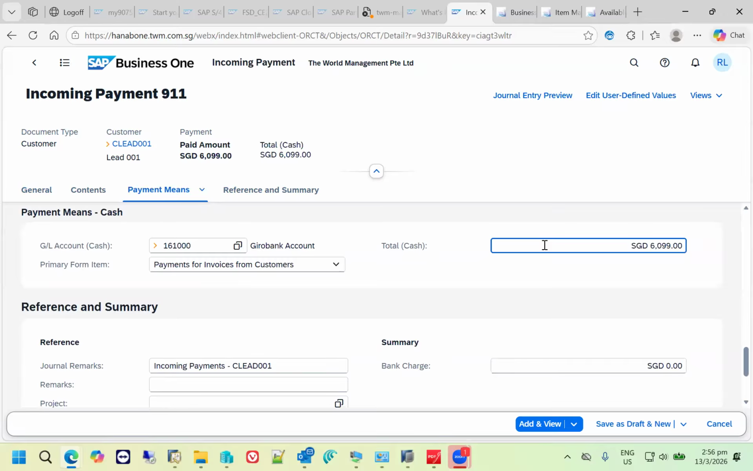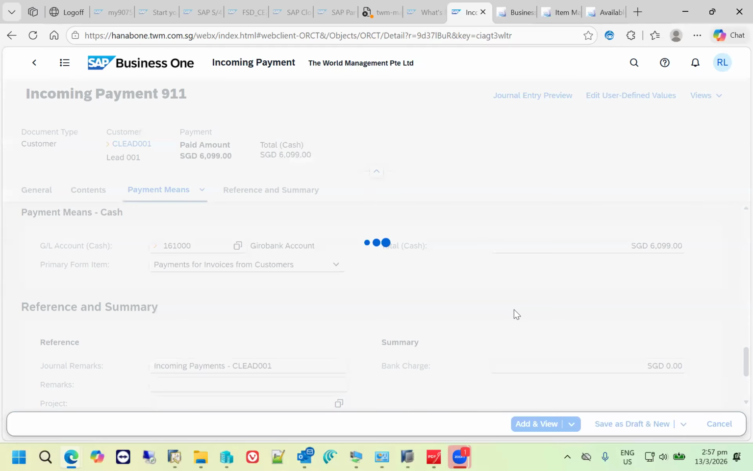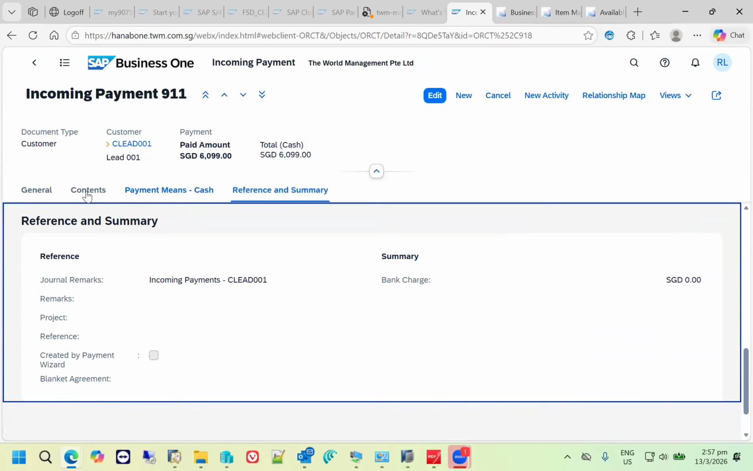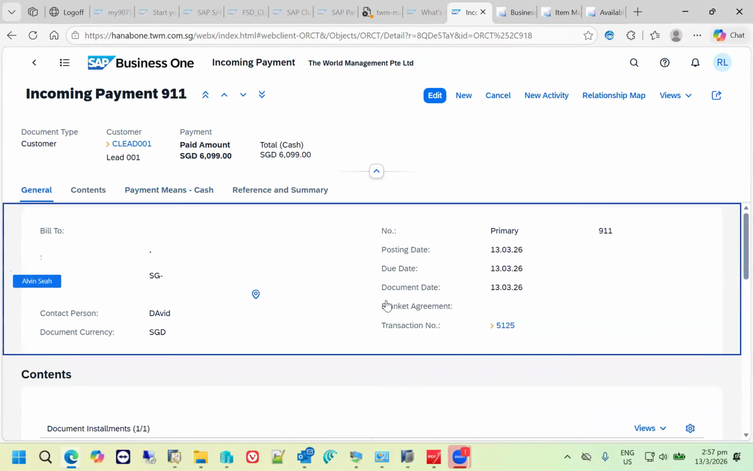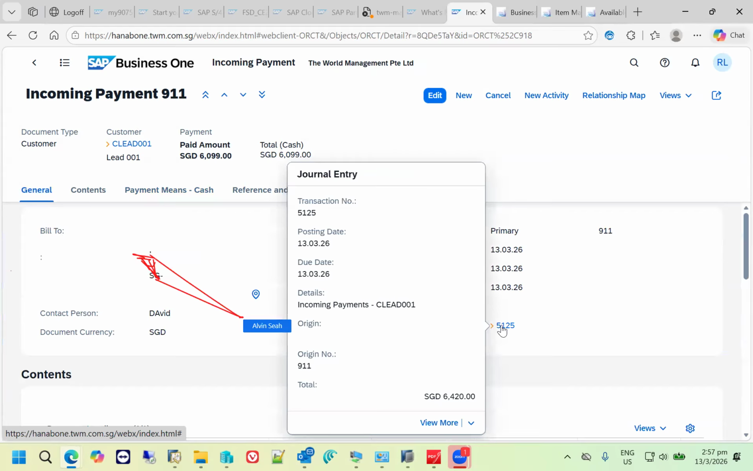So I just press Control B, the amount will appear automatically for me. I don't need to key in myself. I will just click on Add and View, and I answer yes. I will then be able to post this incoming entry. And there will be an accounting entry generated. If you go back to the general, there is a transaction number. If you want to view the transaction number,